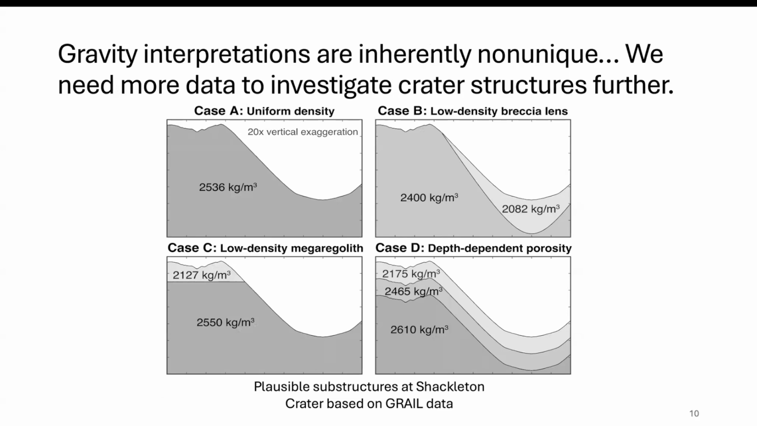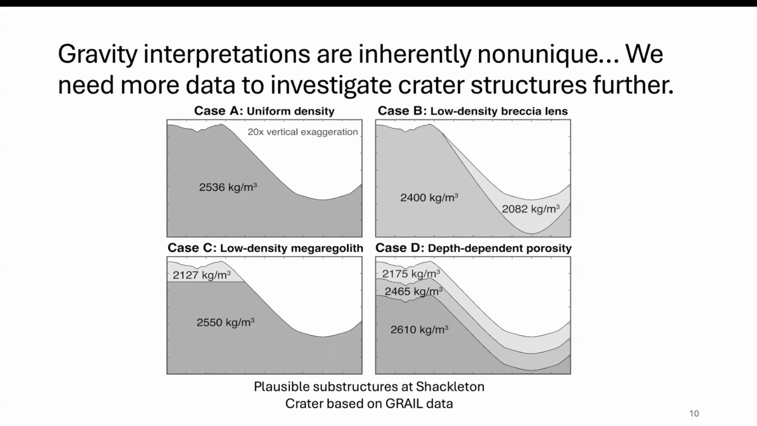GRAIL gravity interpretations, or really gravity in general, are inherently non-unique. The gravity signal is based on the bulk density of what's beneath it and has no way to distinguish structures and such. So these four different cases are all plausible interpretations of the GRAIL signal at Shackleton crater, which I'll talk more about later. Case A is uniform density. It's what a lot of people will use for first order gravity analysis for general reasons, but that's not very practical